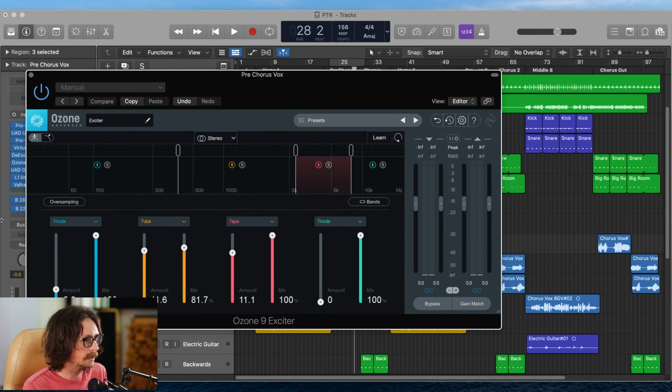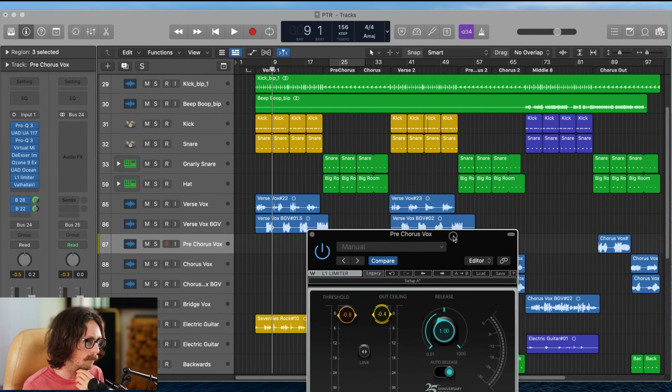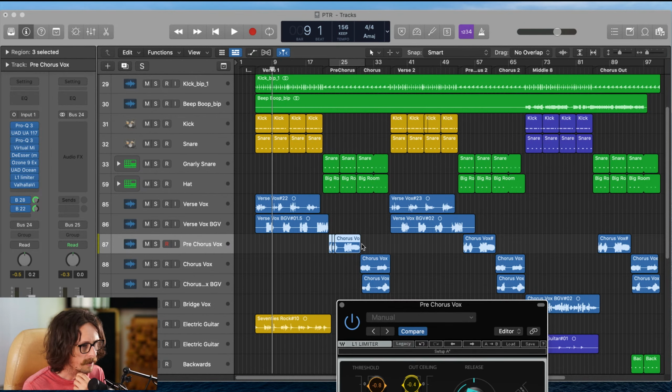And yeah, this is basically just some saturation. And first I'll show you, let's just hear from the verse, what was here going into this part, and just kind of show you what I was doing. And then I'll A/B with and without this vocal chain. And you guys can decide if it sucks or if it's better. But